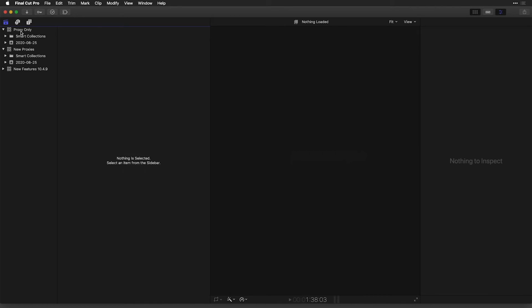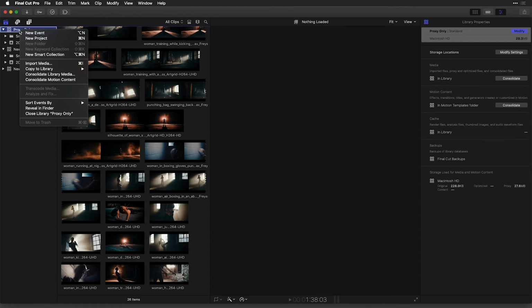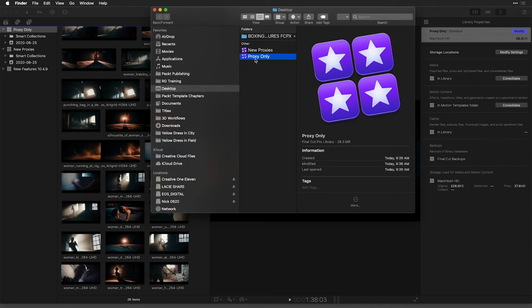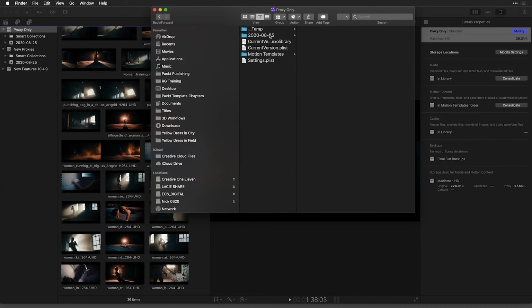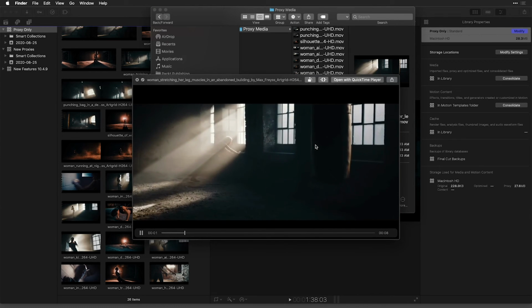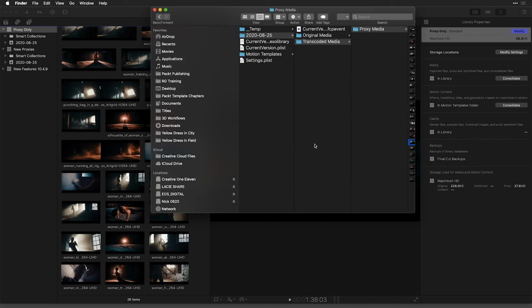And we should see here that we have a proxy only library at the top. If I right click this and choose to reveal this in the Finder, here is a proxy only library containing all of the content that I want to send. This is the magic of it. Do you see that size? It's 28.3 megabytes. And if I look in to show the packaged contents, I can see that these proxy files that are 25% in size are super small compared to the original. This is going to take no time at all to upload to the web for my video editor to cut this together, and then later I can connect to the original media.